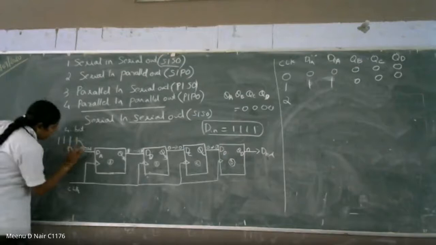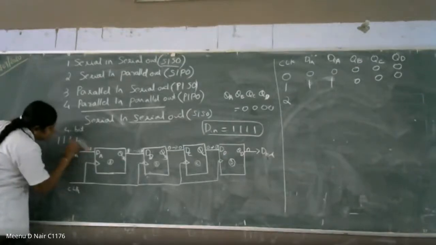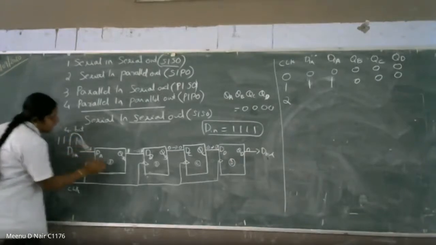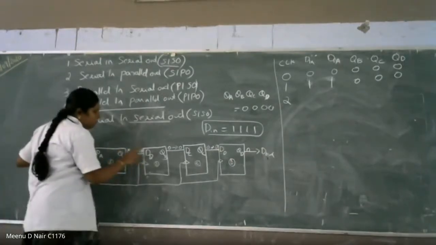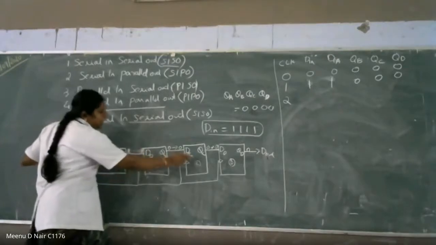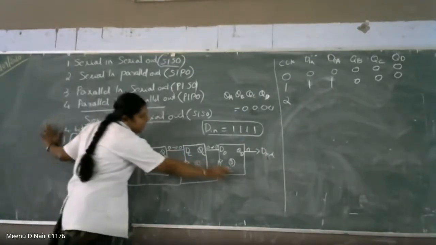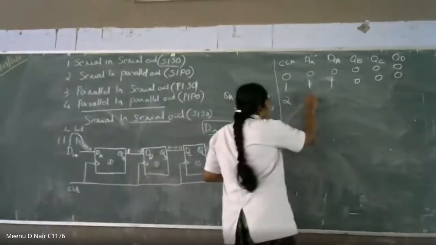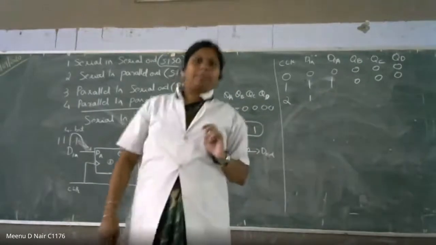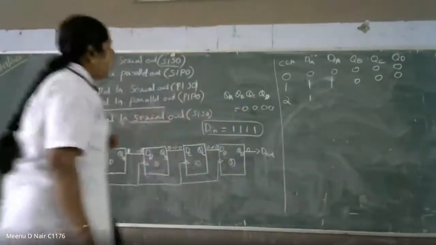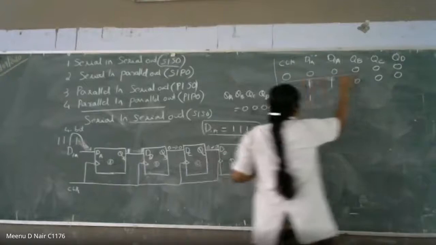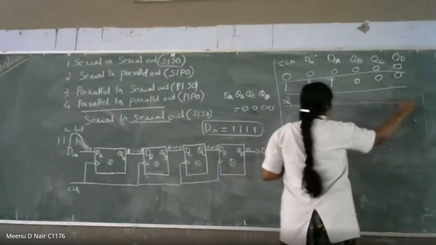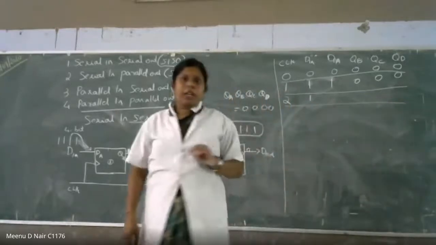So now this is the input here. Okay, in the second case, this is the input here, and QA is 1. So the input of DB is also 1. Input of C is 0. Input of the D flip-flop is 0. So now you tell me, the input is 1. What is QA, QB, QC, QD?